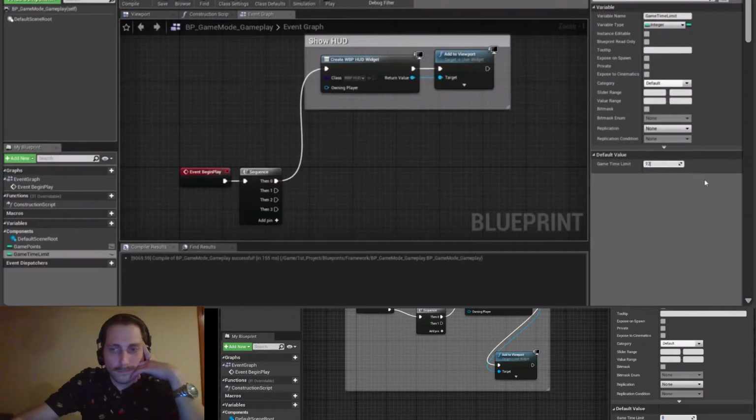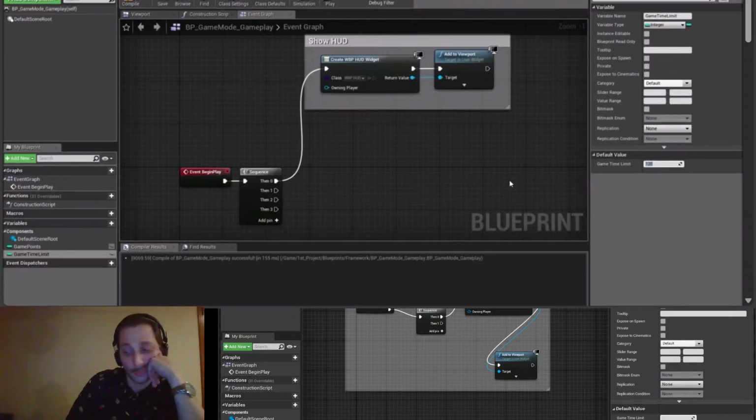I'm just going to set this to be 120 seconds for the time being, 2 minutes. Through trial and error, we can actually figure out what is a good time limit, but I'm just going to set that as a placeholder value. Okay, so with that all well and done, make sure you have compiled and saved one more time, and we